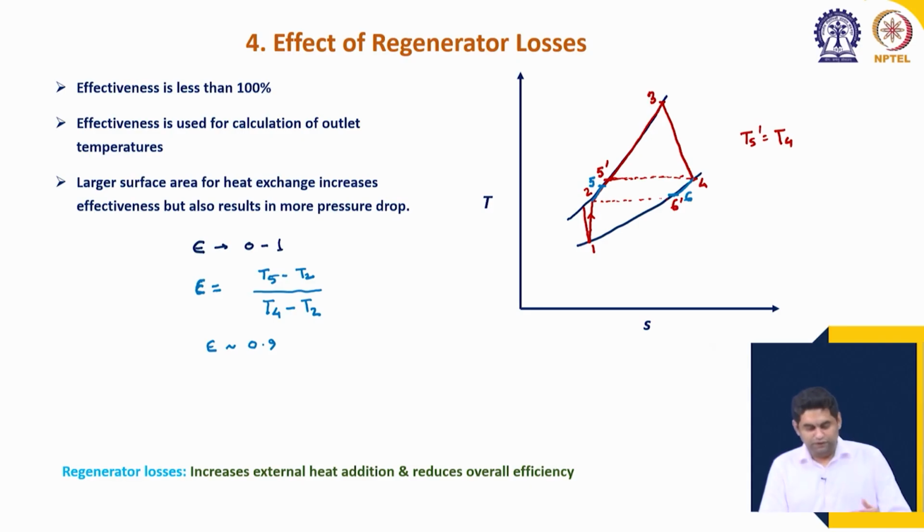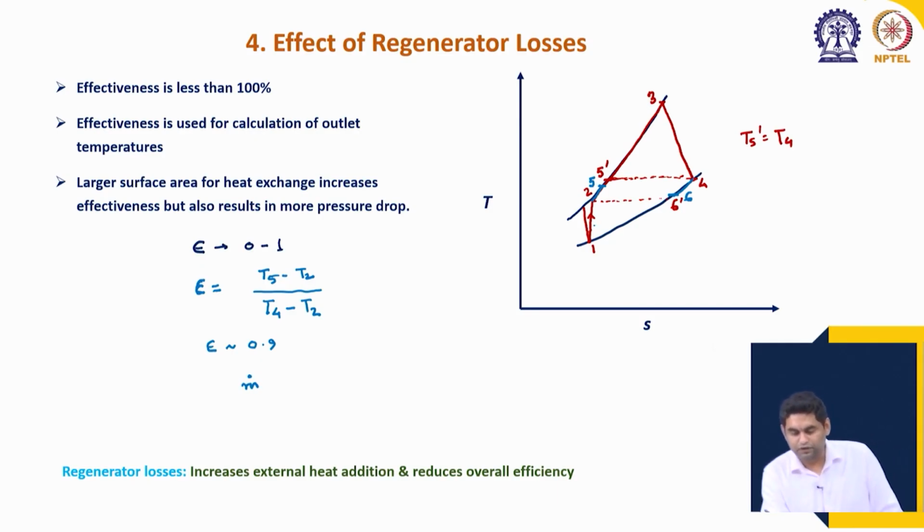So, by using this effectiveness of the regenerator, we can incorporate the losses in the regenerator. More accurately, if we have variable Cp values, as we will see in the next slide, then accordingly we have to do the energy balance. If the Cp of air and Cp of gas are considered different, which we will do from the next slide onward, and if the mass flow rates are different, which also will be the case later on,